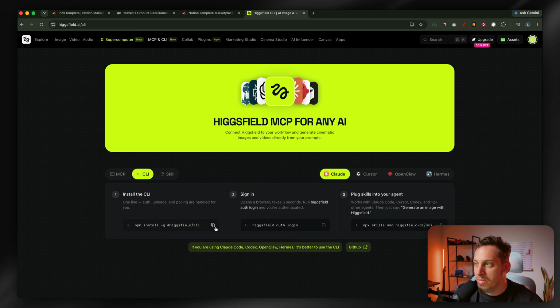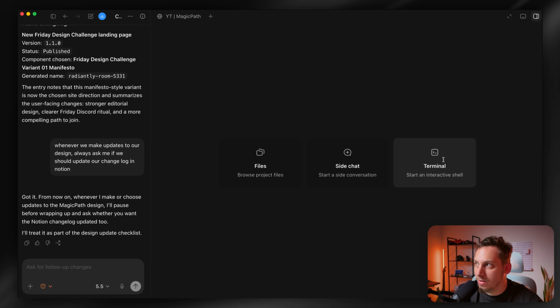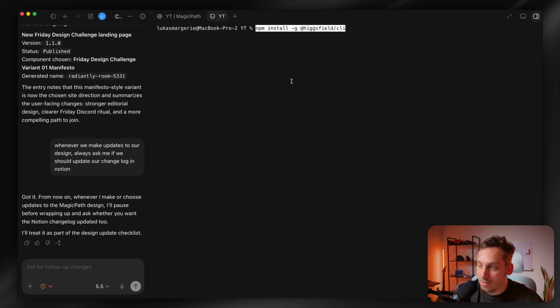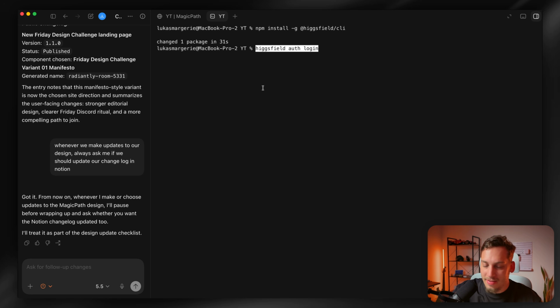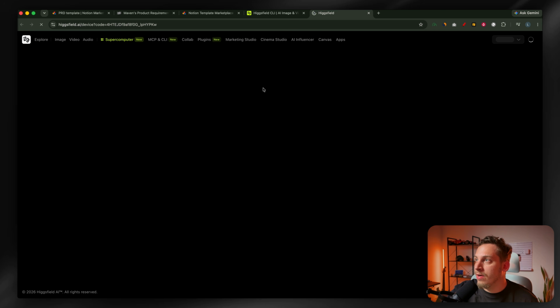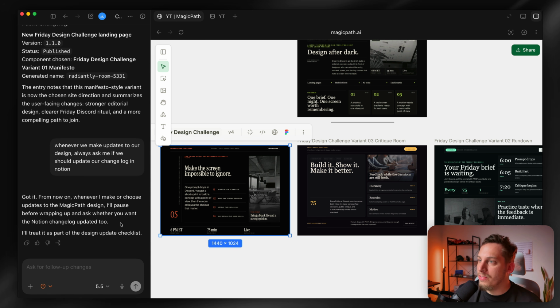I can just grab this, go back into Codex, and we're going to click on this plus button over here and click on the terminal. And we can run this over here and then go back here, copy this. And then once that's done, we can go ahead and paste that in here to authenticate our account. Click on connect. And then once that's connected, we can go back to our browser and we can say something